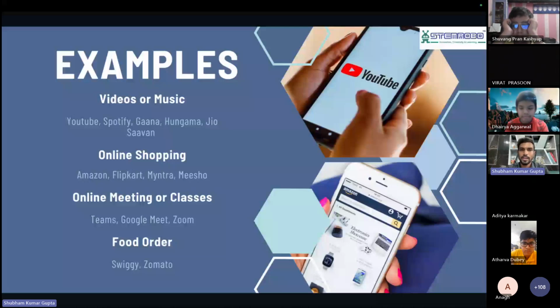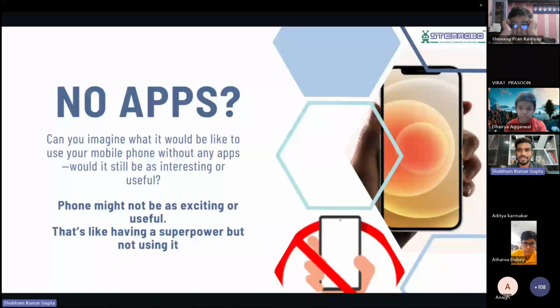and the coding, right? So can you imagine one thing, if you don't have any applications in your mobile phone, if you don't have any app in your mobile phone, would it be interesting to use the mobile phone? Just think about it for a few seconds. If you don't have any app in your mobile phone, is it interesting to use a mobile phone? Obviously not, right? We would either find one theme over there, or we could directly go back to the keypad mobile that we used earlier, right? In smartphones, it will be very difficult to use your mobile phone if you don't have any applications,